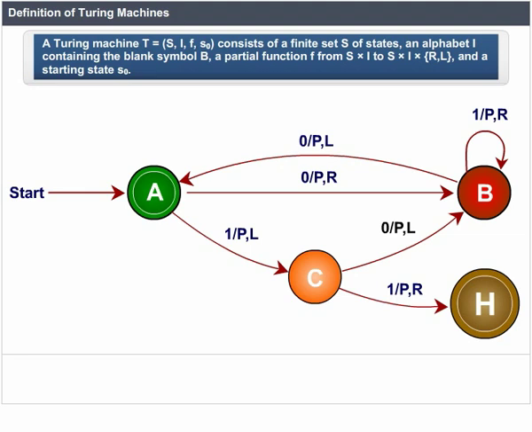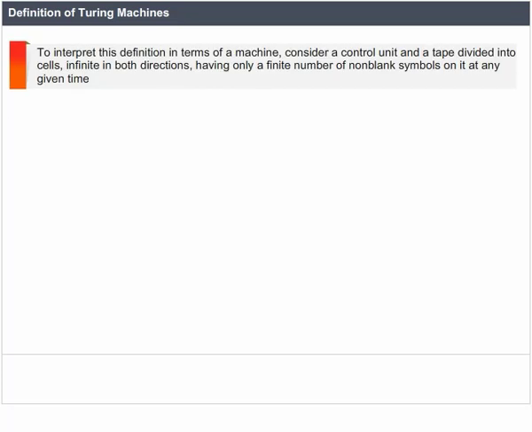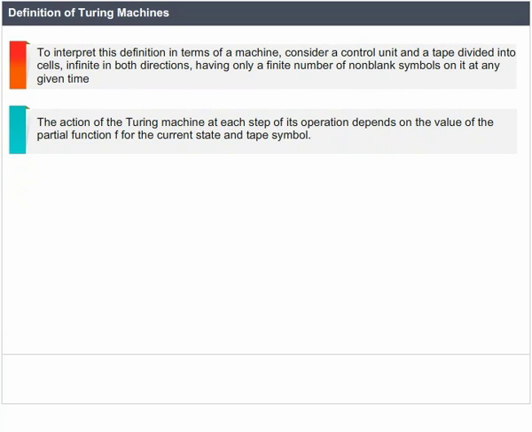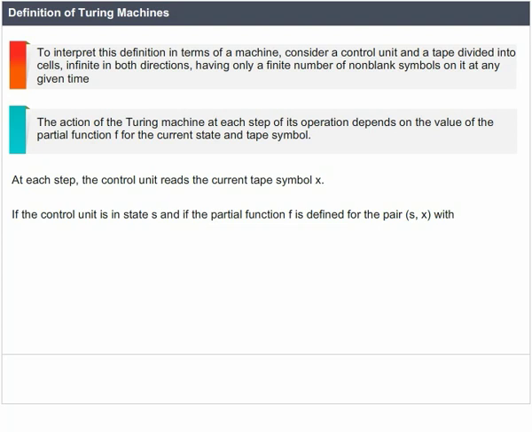Definition of Turing machines. To interpret this definition in terms of a machine, consider a control unit and a tape divided into cells, infinite in both directions, having only a finite number of non-blank symbols on it at any given time. The action of the Turing machine at each step of its operation depends on the value of the partial function f for the current state and tape symbol. At each step, the control unit reads the current tape symbol x. If the control unit is in state s and the partial function f is defined for the pair (s, x) with f(s, x) = (s', x', d),